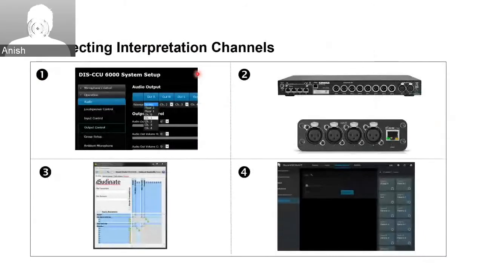So how can we connect an interpretation channel from a CCU, a wired system, to a wireless MXW system? It is being discussed in this slide. On your CCU, you can set multiple channels for languages, and since it has 8 analog outputs, say for example you are connecting 4 languages like Spanish, French, Italian, and Portuguese. You have to route it through the web browser of the DIS CCU to each of these outputs. And that particular output, you need to connect it with any